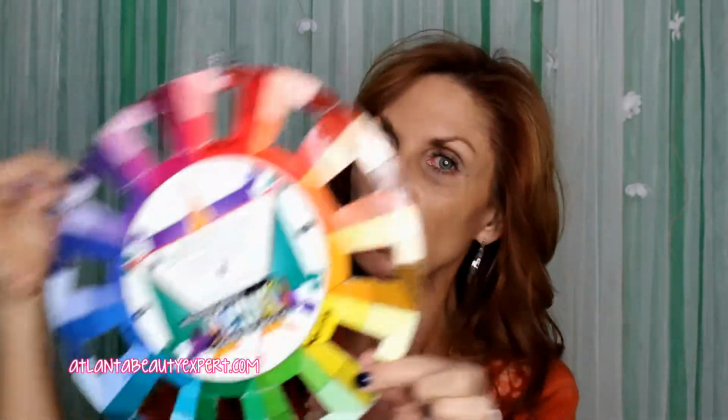Same thing, sallowness in the skin. If somebody has a lot of yellowness in the skin, or as a bruise is healing, how it has yellow, then we need to go with a lilac concealer. So you kind of get the picture. These are great. I recommend all of my students pick up a color wheel. You can pick them up at any craft store. I think I got this one at Michael's. These are very, very helpful when you're trying to figure out what color of concealer or